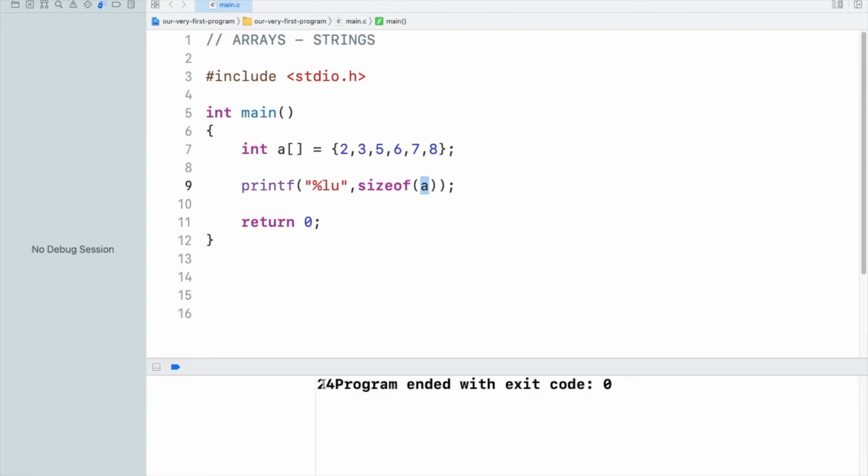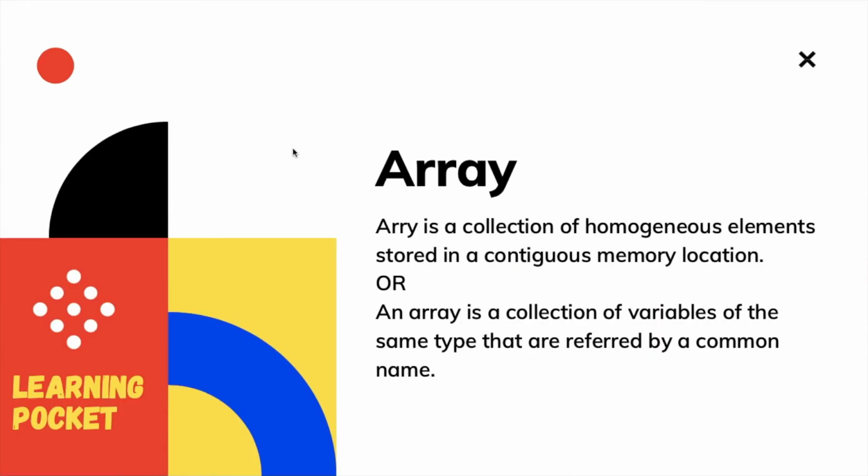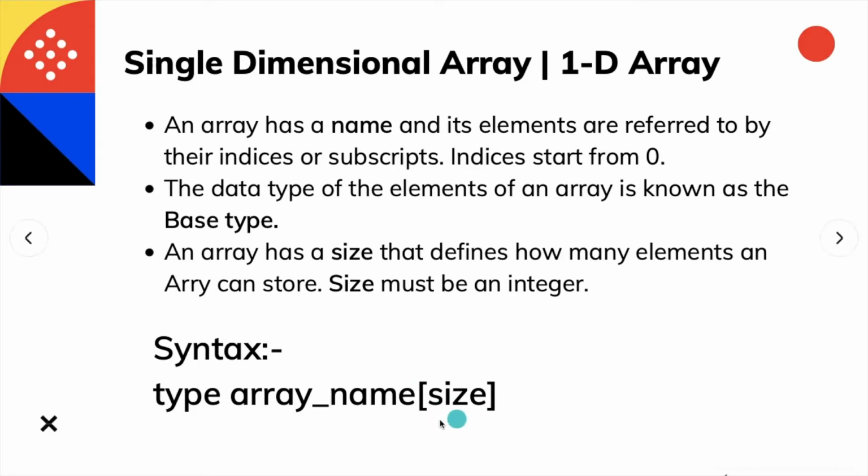So we have 24 in the output, and you should not be confused, because the sizeof operator is telling us the actual size of the memory that the array is storing, not the size we used to declare the array. It is not the same size we are talking about.